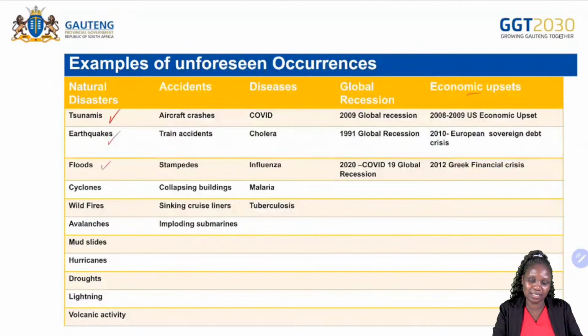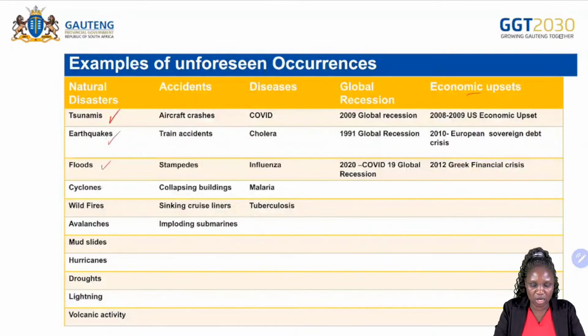And then floods. Floods are also natural disasters, all right? For example, there were floods in KZN recently. They killed a lot of people, destroyed infrastructure. Some people are homeless, even up to now. And some people are still missing. These are the floods that we are talking about. And then, remember in 2012, there were floods in the Kruger National Park, okay? What happened? A lot of animals died at Kruger National Park because of these floods, okay?